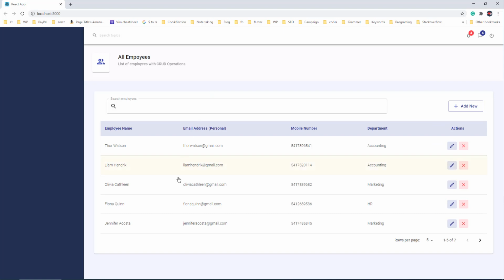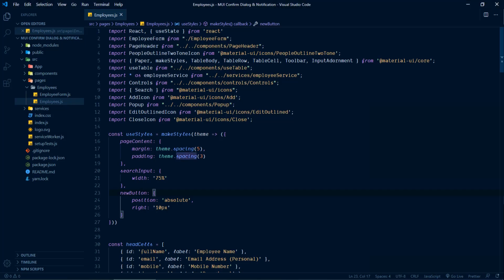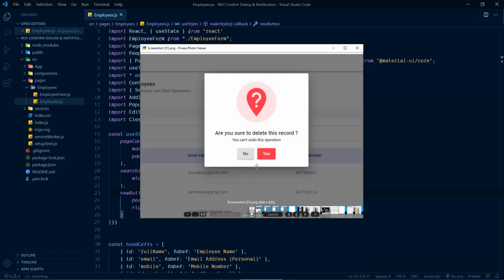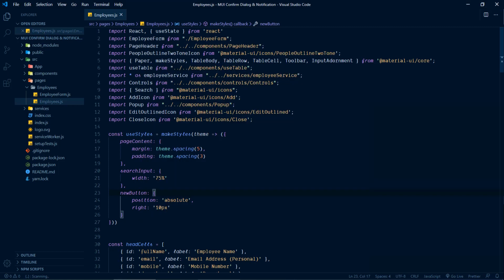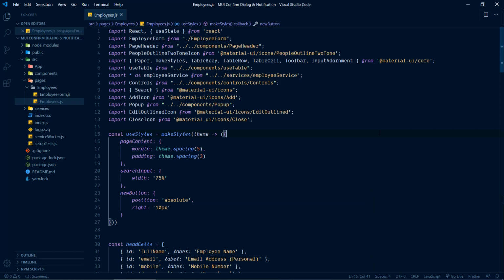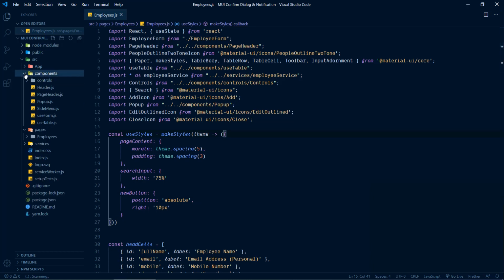So here we have the same project that we have left from our previous tutorial. As we have mentioned, in this video, we will be creating a custom confirm dialog like this for delete operation. Before that, we want to show notifications like this after correct operations like insert, update, and delete. For that, first of all, we will create a reusable component inside this components folder here